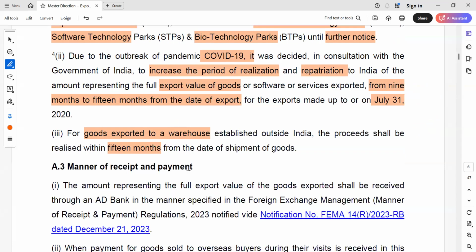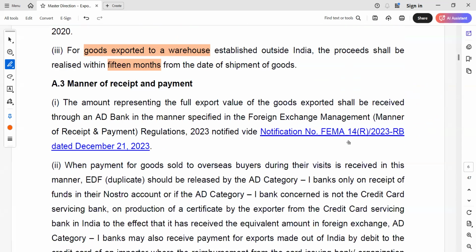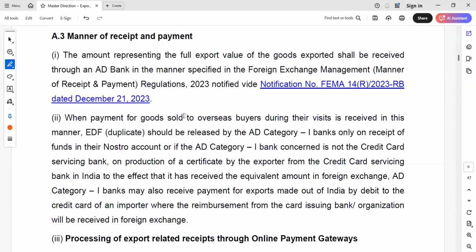Manner of receipt and payment. The amount representing the full export value of the goods exported shall be received through an AD bank in the manner specified in the Foreign Exchange Management Regulations 2023. When payment for goods sold to an overseas buyer during their visit is received, the EDF should be released by the AD Category 1 bank only on receipt of funds in their Nostro, or if the AD Category 1 bank concerned is not the credit card servicing bank,